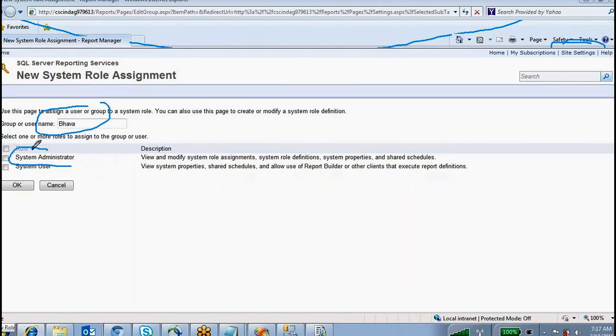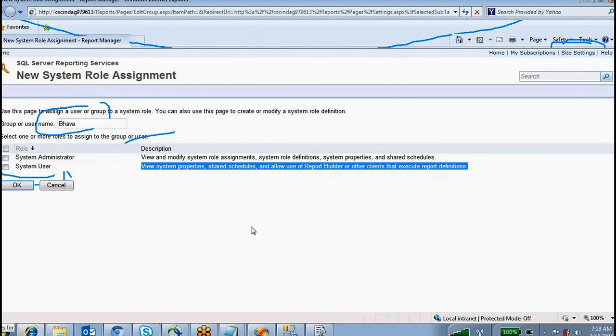She is a system administrator or a user. If you give administrator, she can do anything and she can give permissions to other people also. If you give just system user, she is not the administrator, she can just log in and view system properties, shared schedules, all these things.